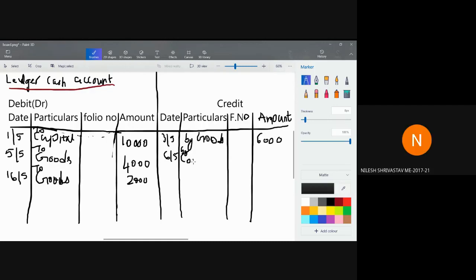By commission. It's commission. You've not copied down properly, I think. By commission. You remember there was a transaction: commission paid, rupees 50. Yes, ma'am. Commission paid is rupees 50. So it will come here. Next, what is the transaction? Money is being paid to cash account by bank. That is on 9th May.